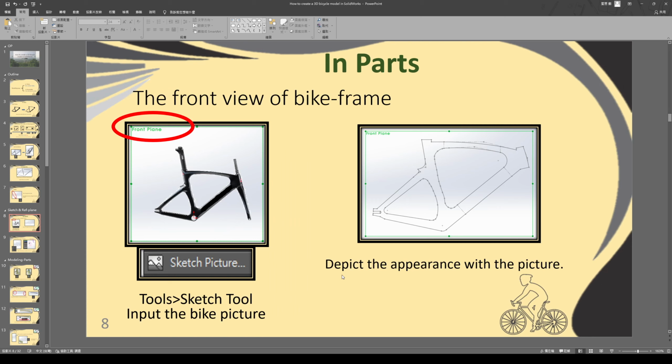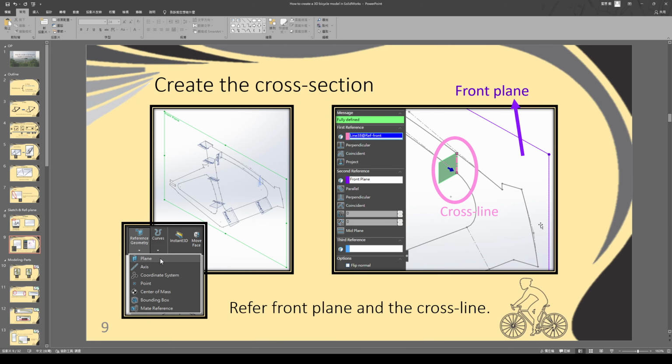Okay, let's start with how to model in a part environment. First, insert a bike picture on the front plane, and draw the shape and edges following the picture. This function can help you insert the bicycle picture. And then create the cross sections.